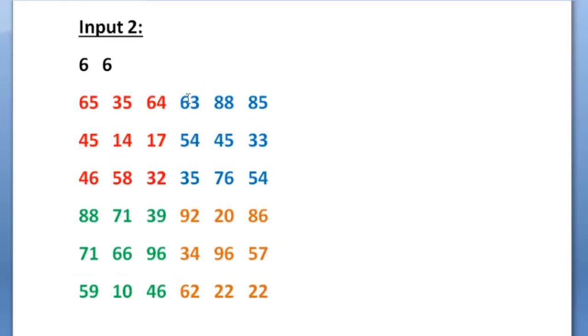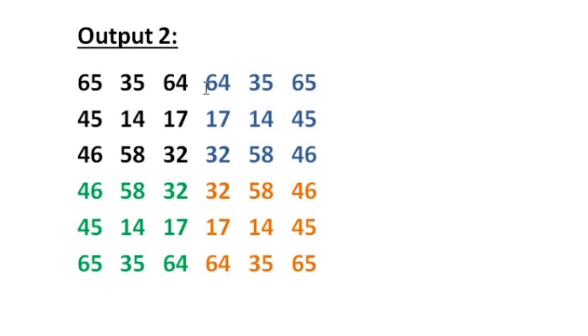And it is given in the question that we must update the values present in the top right, bottom left and bottom right quadrants using the values present in the top left quadrant. So let us see our output. For the top right quadrant, we are asked to replace it with the mirror image of the top left quadrant. The mirror image is nothing but the left appears right and the right appears left. So for the row 65, 35, 64, the mirror image would be 64, 35, 65. So that is the first row of our top right quadrant.